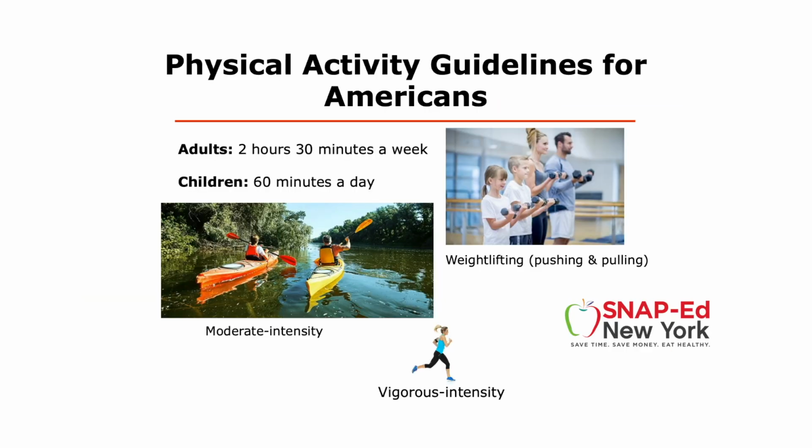Since we are on the topic of moving our bodies, let's talk about how we should be moving our bodies. Adults need 2 hours and 30 minutes of physical activity a week, and children need 60 minutes of activity per day. These include moderate intensity activities, and they require a moderate amount of effort and noticeably accelerating the heart rate. Vigorous intensity activities require a larger amount of effort and cause rapid breathing and a substantial increase in your heart